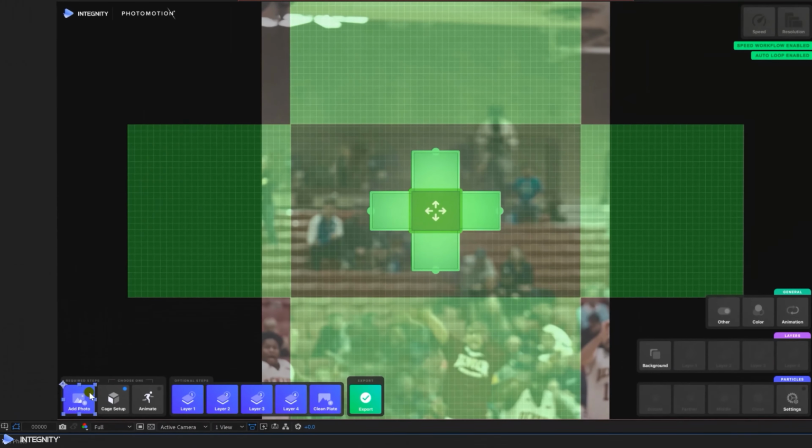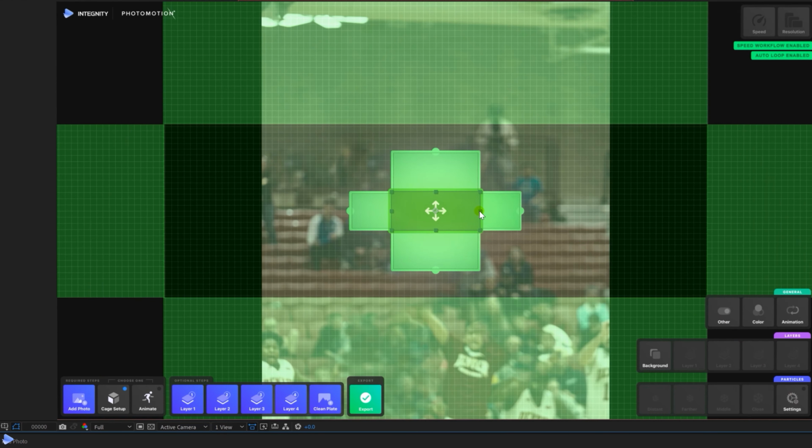Okay, back in the dashboard, we have this controller which morphs our 3D cage. In essence, this is a 3D representation of our scene, and while our image is fairly straightforward, with others you may have to add some rotation to some of these panels here. In any case, with our cage set up, let's get to sorting out our aspect ratio and export resolution nice and early within our project.